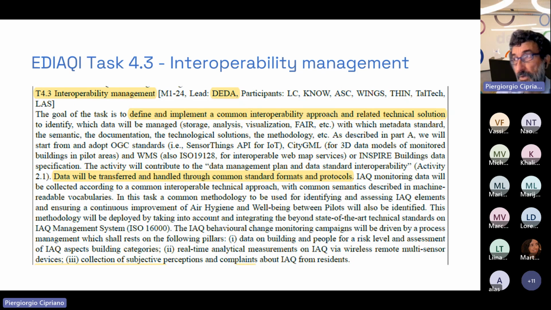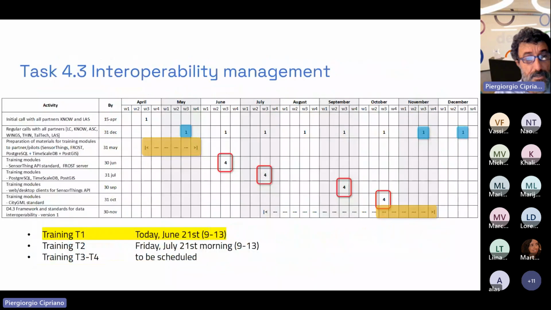For this reason, we will leverage existing standards, in particular those coming from the geomatic world already defined by the Open Geospatial Consortium, and some of them, as we will see, also ISO standards.